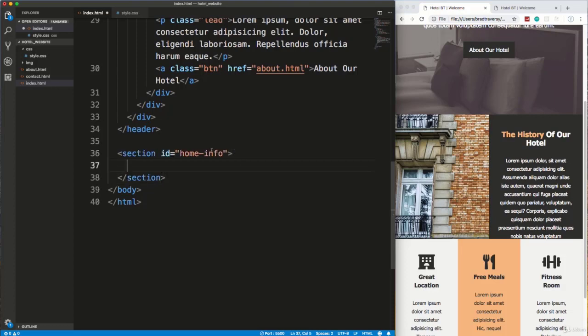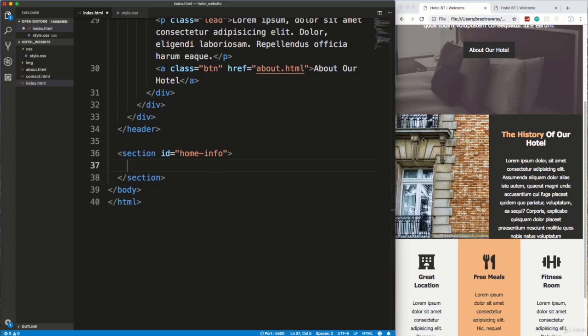Alright, and as far as naming conventions, if I have more than one word inside of an ID or a class, I usually use a dash or a hyphen. Some people will use underscores, or some people will even use none. It's all up to you. Like I said, I like to use dashes. So inside here,